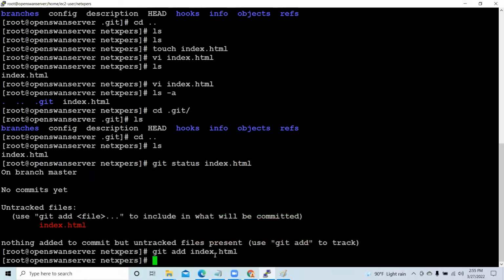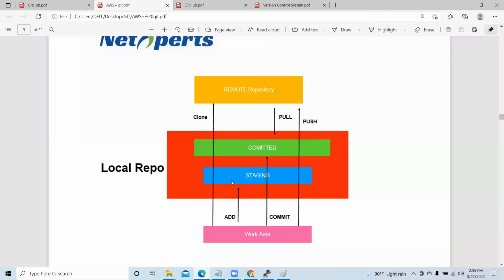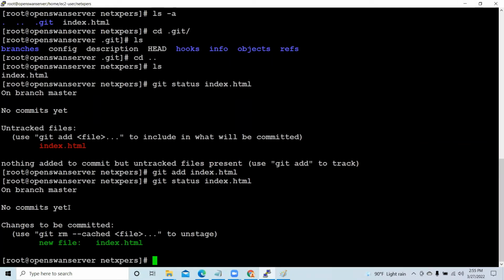If you type git status now and press enter, you see here: no commits yet. Changes to be committed. Ready to commit, right? See, the file is in the staging area now. Now it's saying ready to commit, right? If you want to commit the file,